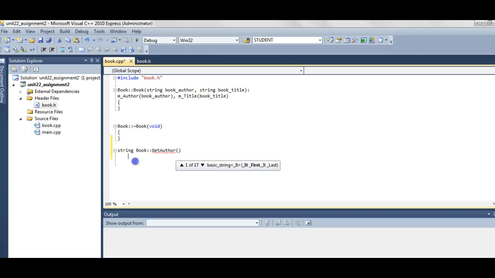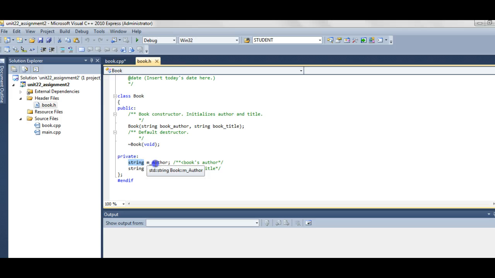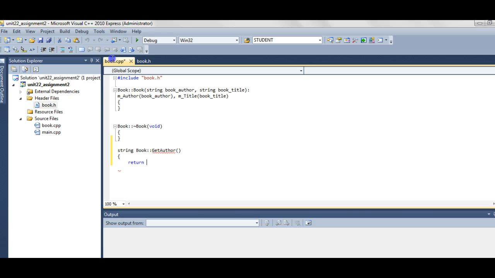Okay. And it's going to return this field right here, mAuthor. I'm just doing a copy and paste here, paste it here, and save that. Okay, and then we've still got some issues here because we need to